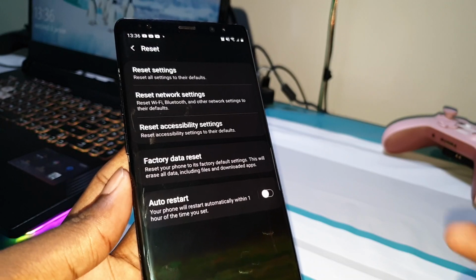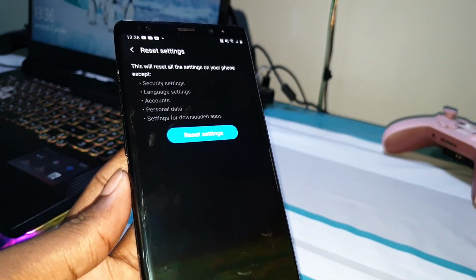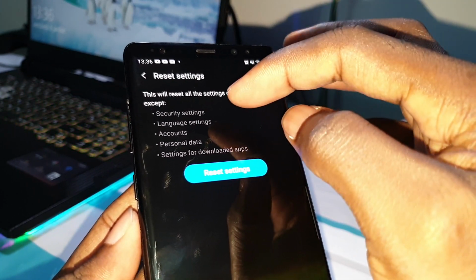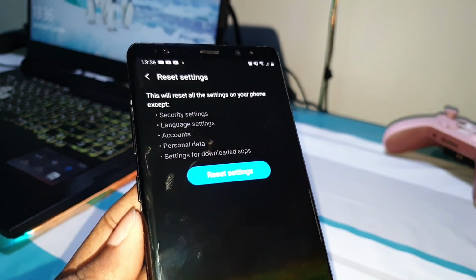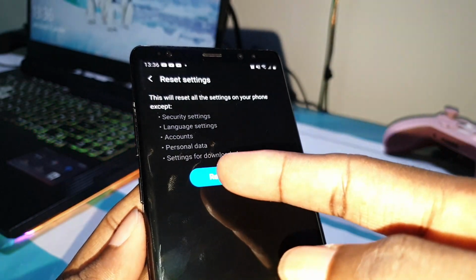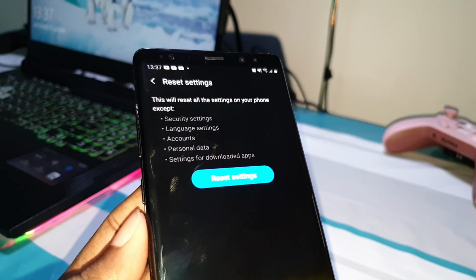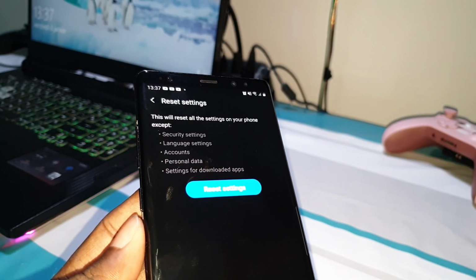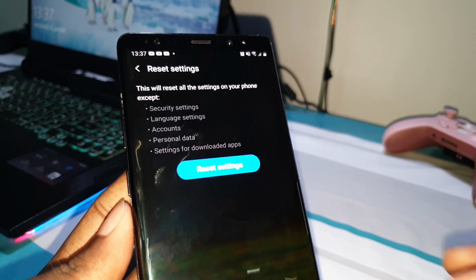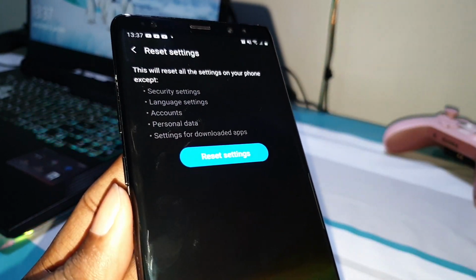If you want to reset your settings, just click here and you will see something like that. You will reset security settings, language settings, account, and personal data settings for downloaded applications, and this is all. If you are ready, you need just to click on reset settings.